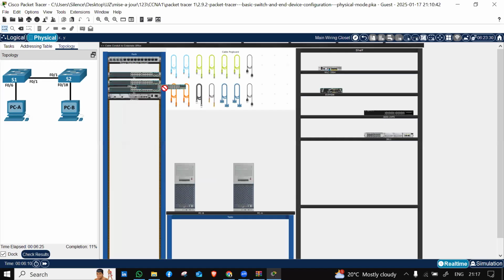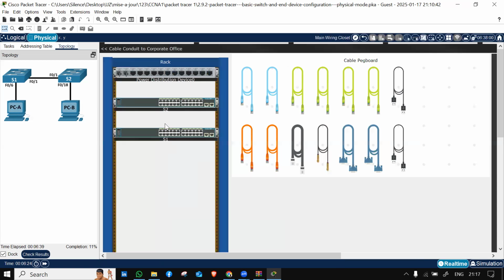So I already have switch 2 here. I remove this one. I don't know which one is this one. Switch 1 is there. I remove this one because we're not going to be using it. Right, I have switch 1 and switch 2 there. If I zoom in a little bit, right there, switch 1 and switch 2 are now in the rack. If I want to make my connections, my first connection is coming from PCA, going to port number FastEthernet 0/6. So which type is it, the copper crossover cable or copper straight through cable? With the straight through, you just click on it or you drag,